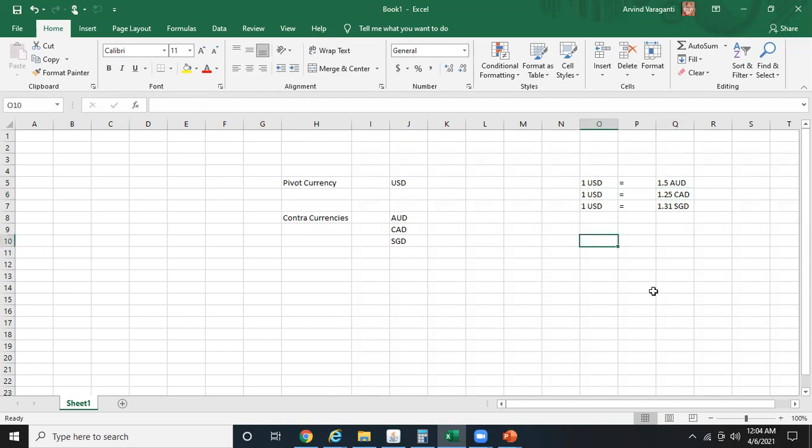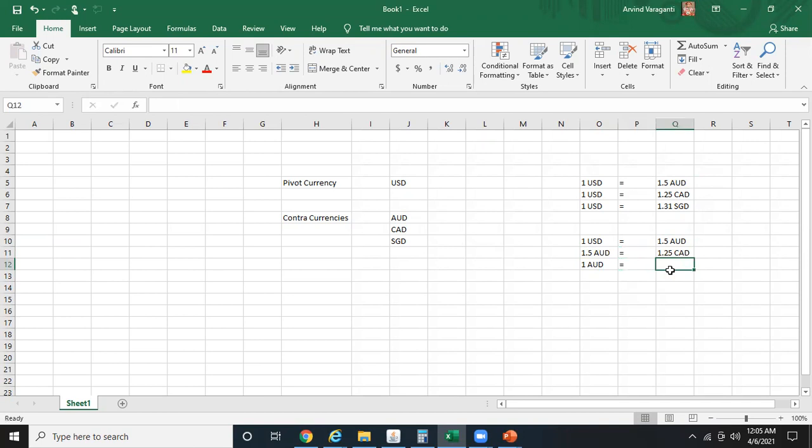In order to arrive at AUD to Canadian dollar, we can say 1 USD equals 1.5 AUD, and 1 USD equals 1.25 Canadian dollar. Now you can replace this 1 USD, so 1.5 AUD is equal to 1.25 Canadian dollar, and if you want to get 1 AUD,